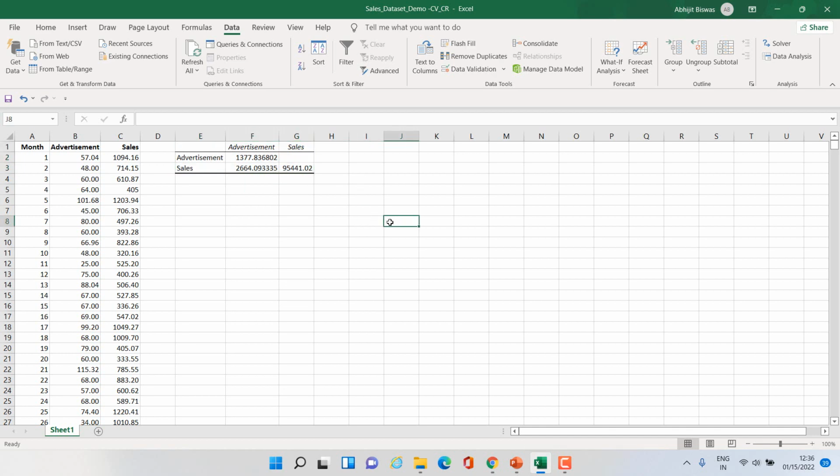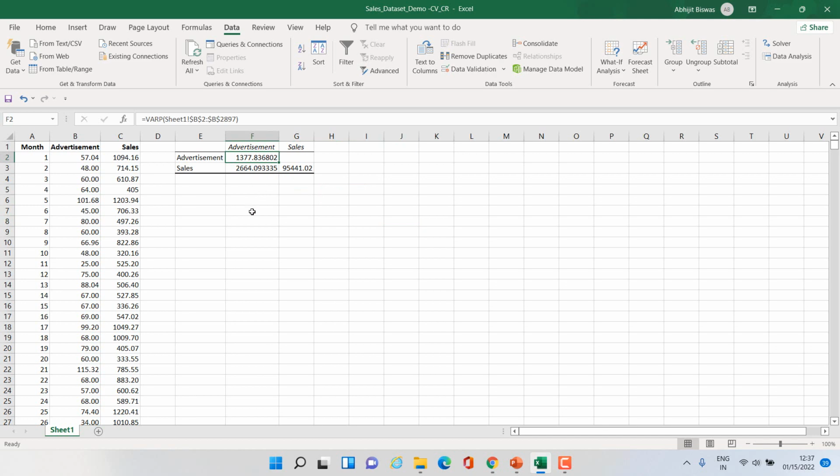Now it is very important to understand how to read this covariance matrix. If you see, this is a 2 by 2 matrix, right? Now let us take the three numbers that are reported one at a time.